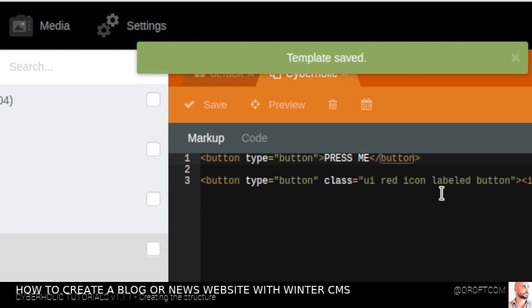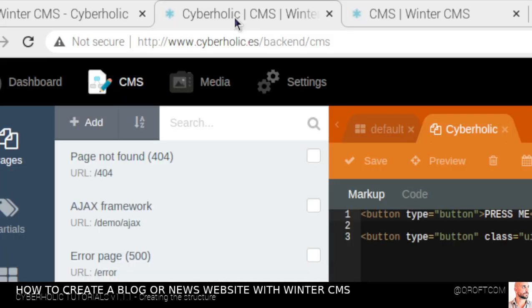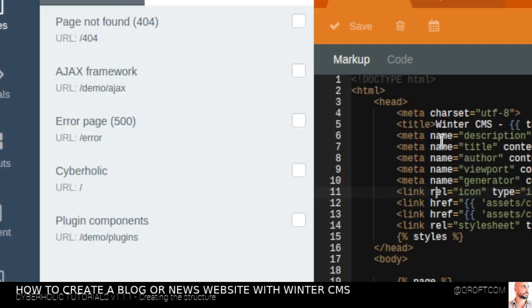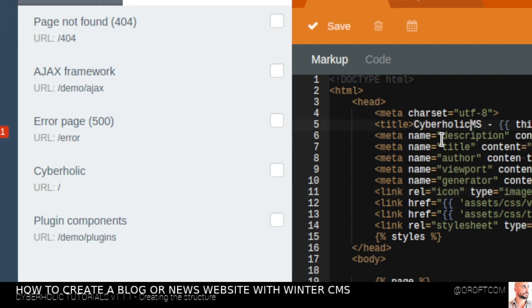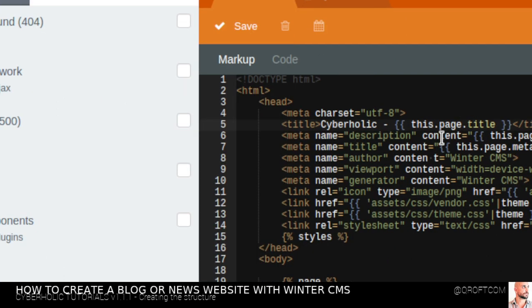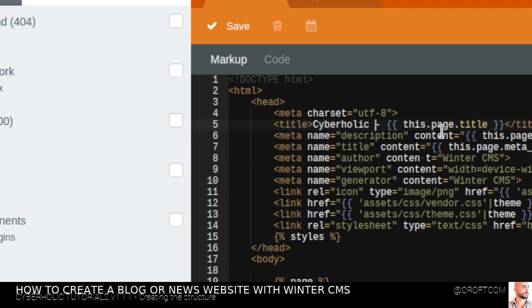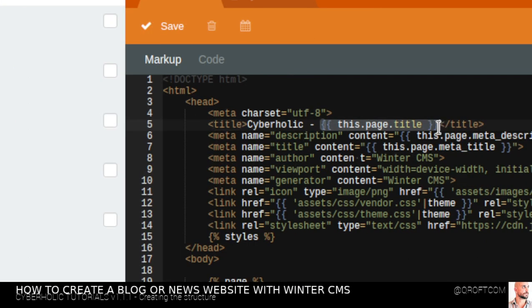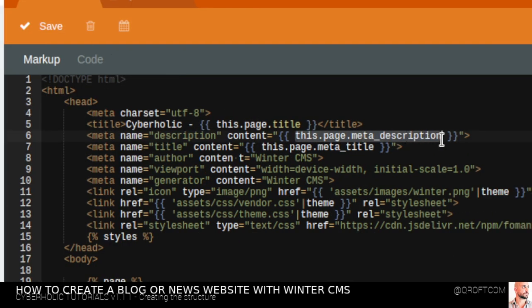I think this is it for this video. So we have deleted everything from this page. Let me change the title into Cyberholic. You can already see here in the twig curly brackets, this page title, and October CMS also, but Winter CMS comes with a lot of variables that you can use out of the system. So you can see that this page meta description is going to be inserted in here automatically, coming from,